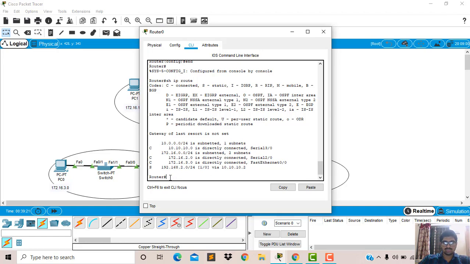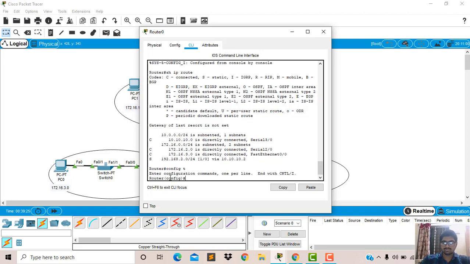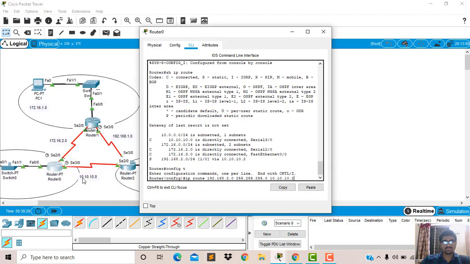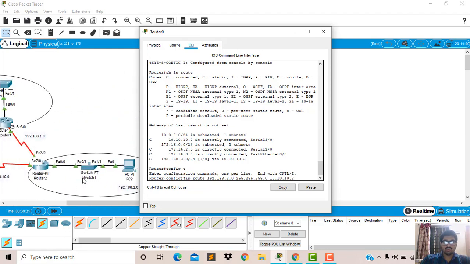Now for this, config t. Now we have to remove this path.